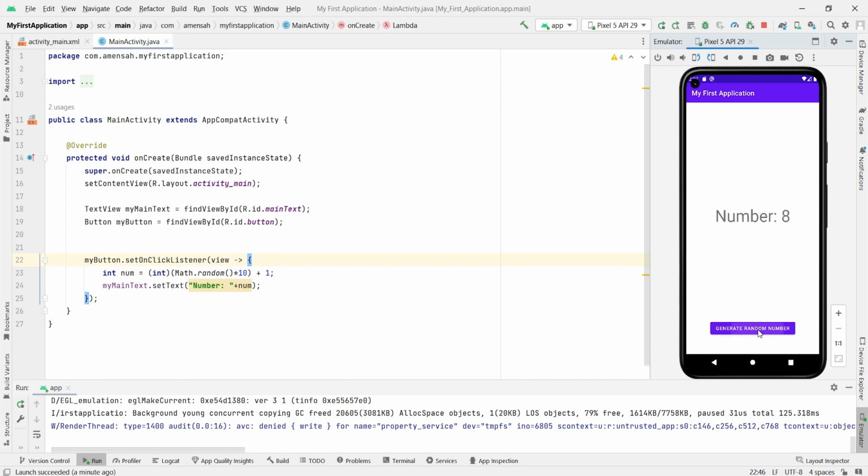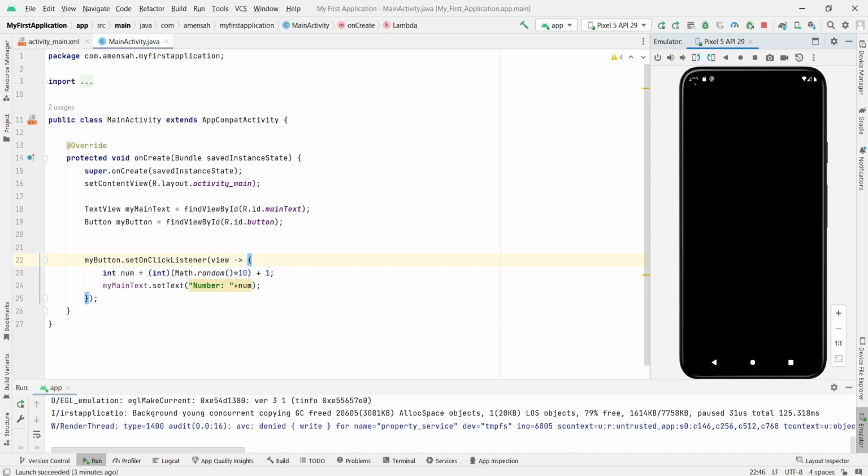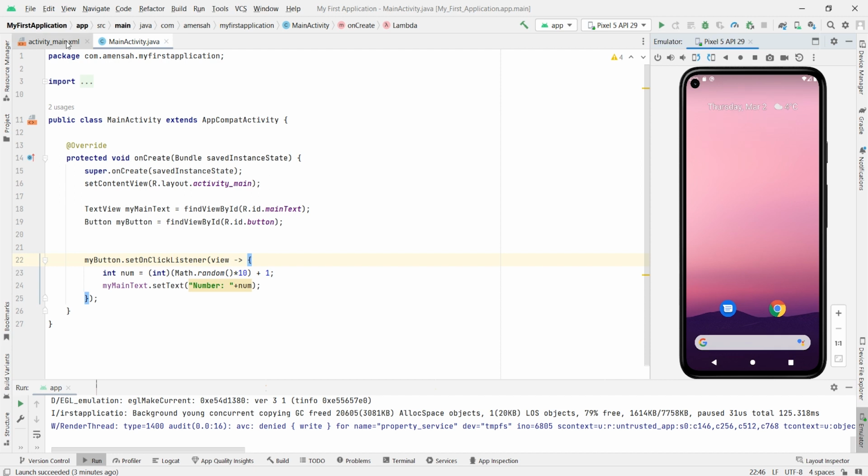Every time we click generate random number, we get a random number between 1 and 10. So I want the user to be able to select their own range of numbers. Okay, so let's go ahead and make those modifications to our app. So I'm going to stop this and then go back to our